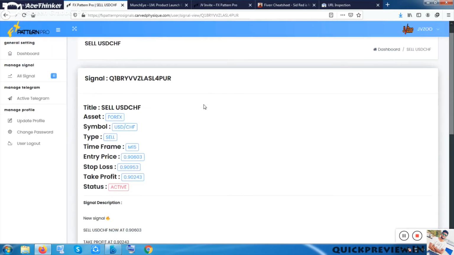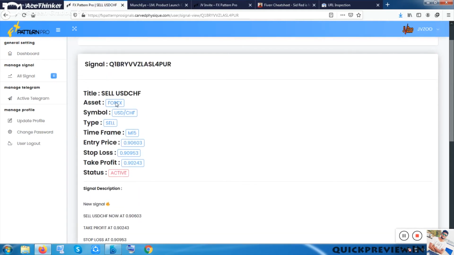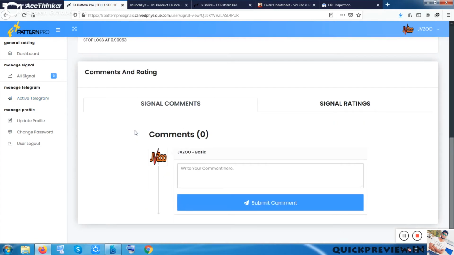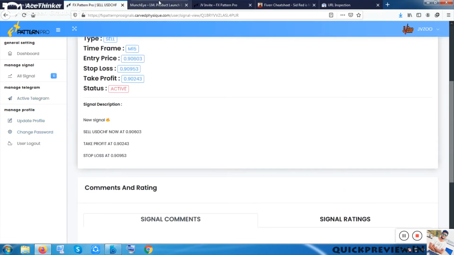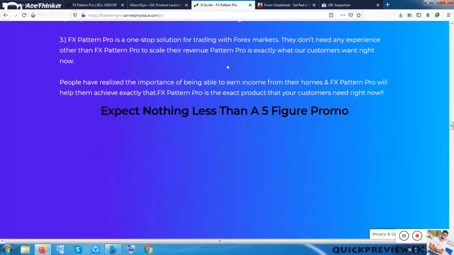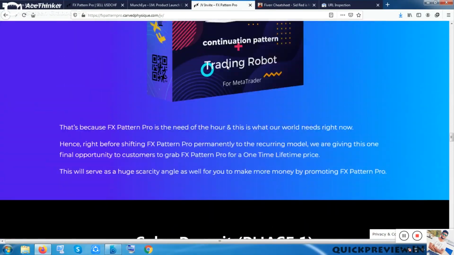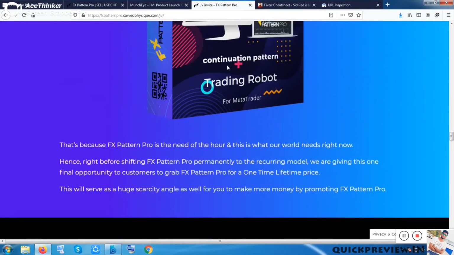This software will show you everything, but I can't show you because I don't know from where. And also they have telegram support facilities. They will tell you on their telegram group about everything, what is the market going on, how is the market crashing, where is the market crashing, everything. So this was a brief review about the software, I think. Let me show you more if they have. Okay, so this software has no upsell. So this was the review.